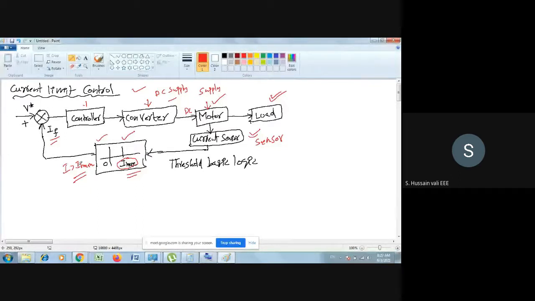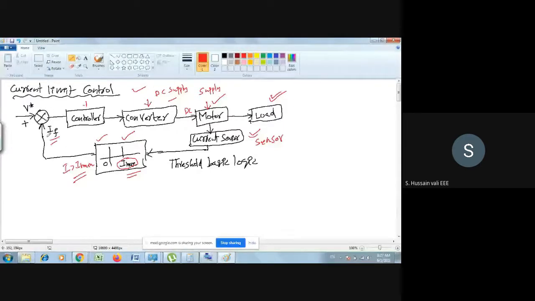There is a block that senses the current. Once it senses the current, it checks whether it is more than the maximum value or less. If it is less than the maximum value, it just bypasses, goes directly, and forms the closed path once again. It runs as it is. But when it is more than the maximum value, this will activate and limit the current to the maximum value, whatever the excess may be.